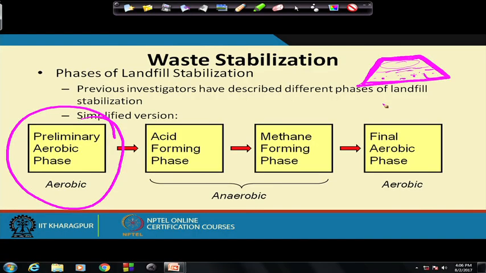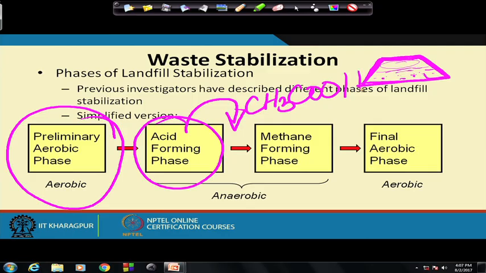It's a group of acids: acetic acid, propionic acid, butyric acid, isovaleric acid, and other types, all together called volatile fatty acids. More and more acids are formed, with the anaerobic group of bacteria active and making this possible. Finally this acid gets converted to